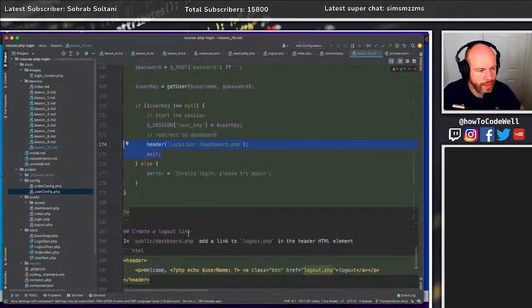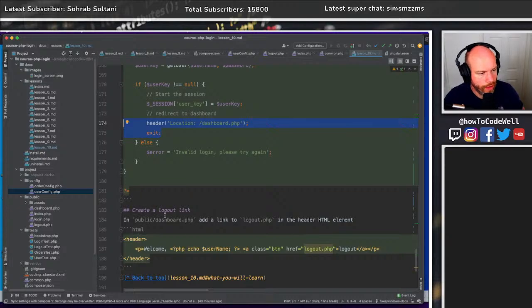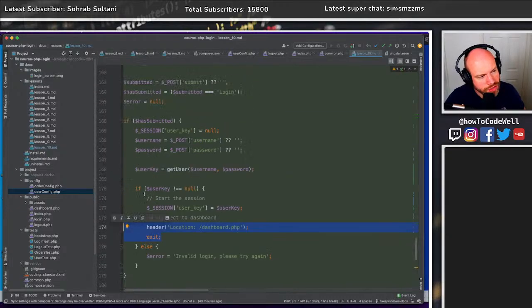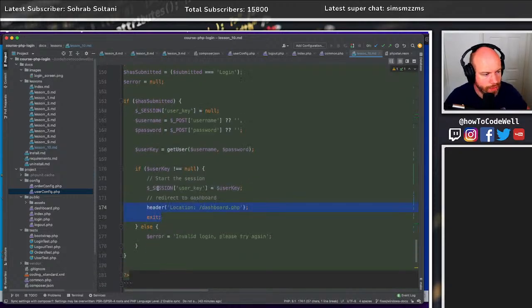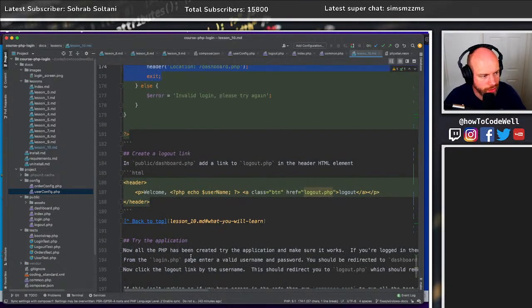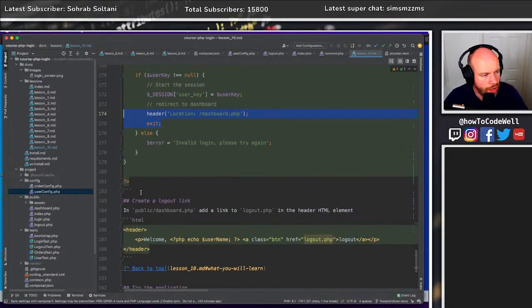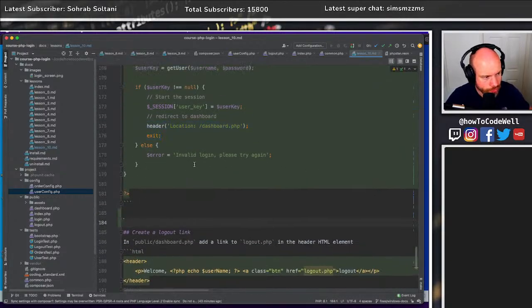And now the next one is to create a logout link. So maybe I should say try and do this in the thing. Okay, maybe I should do that, because I'm just jumping ahead here, aren't I? Okay, so